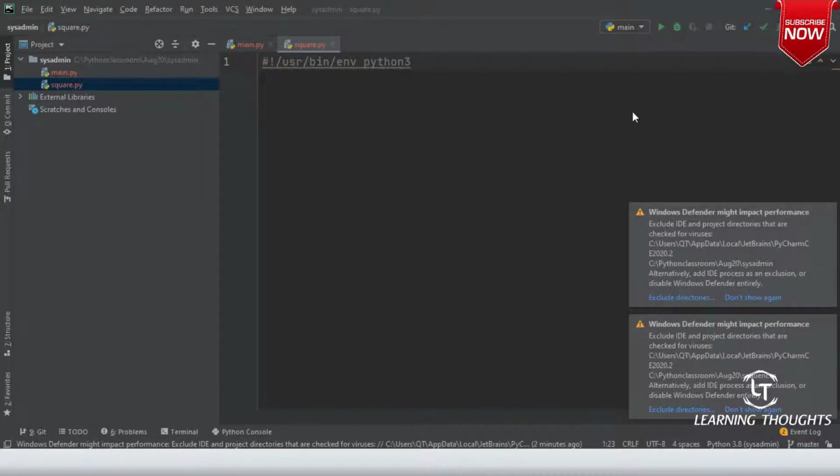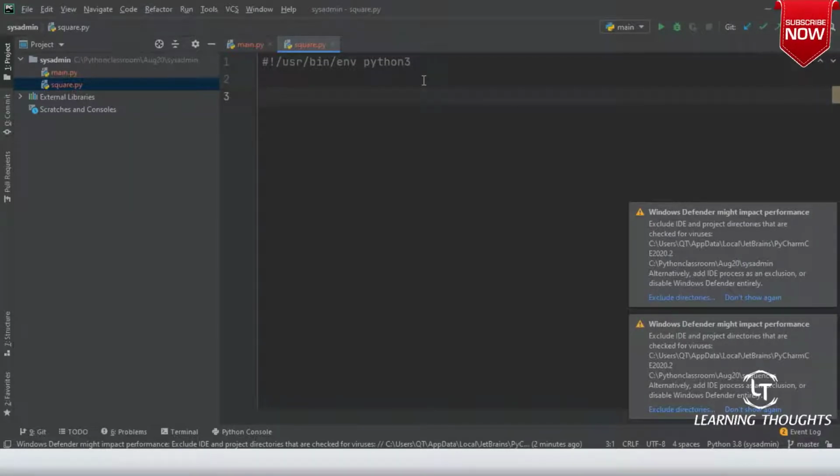So this is a shebang line, and there is nothing strange about it. Or hash bang, whatever you call it. You can give the literal path, but giving a literal path doesn't make sense, because python3 might be present in different systems in different folders. For that reason, it is better that you give this.